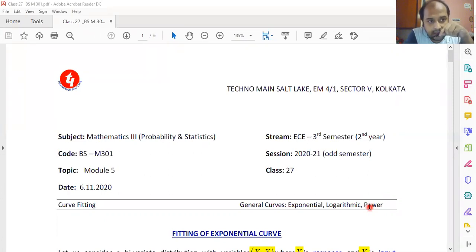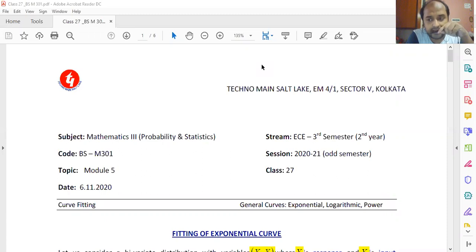Before I start, a student has asked me a question: during the examination you will not be having access to Excel, so how will it be possible for you to analyze the curve or to find the curve of best fit? The answer is